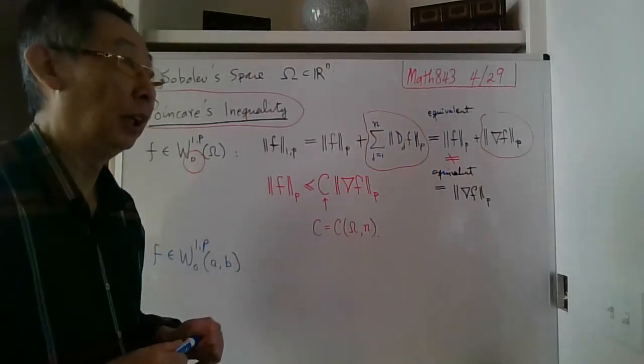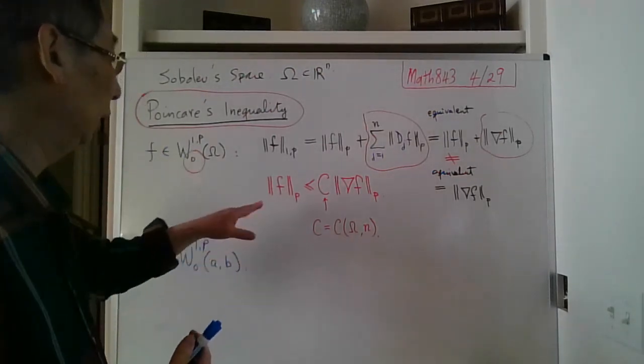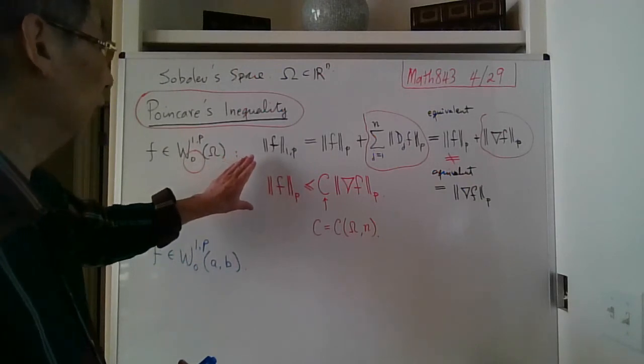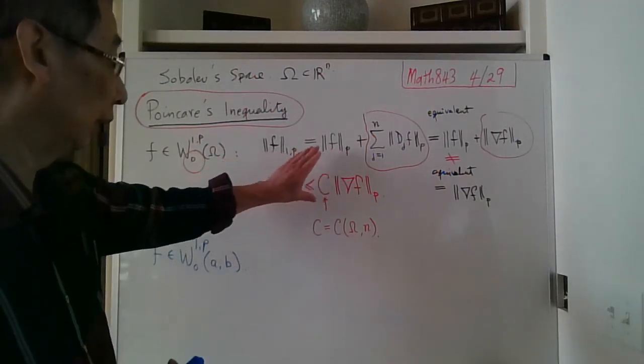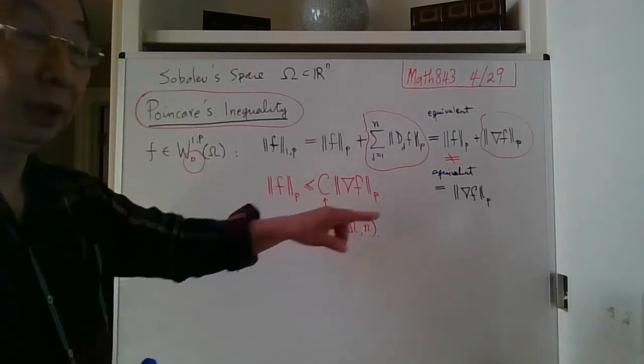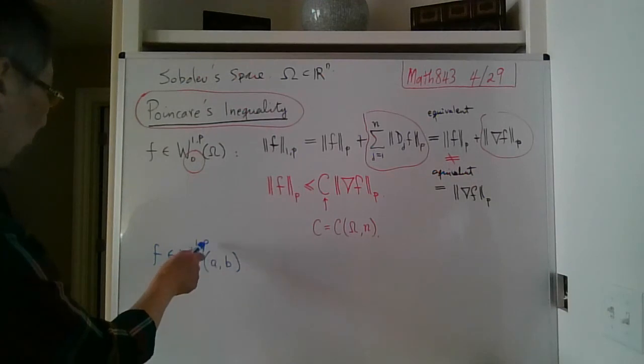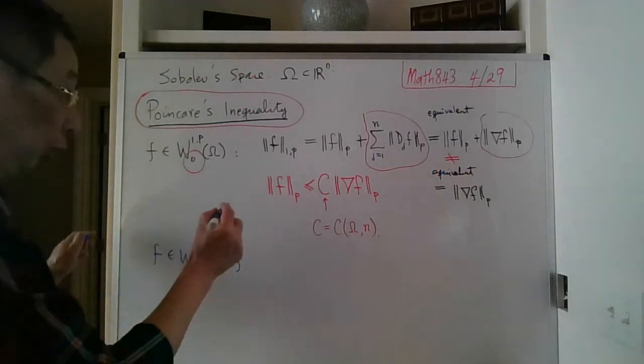This is an example in which we first prove something using C-infinity functions, and then you pass by limit to the general case. Even though I pick a function in W_0^{1,p}, let's assume first